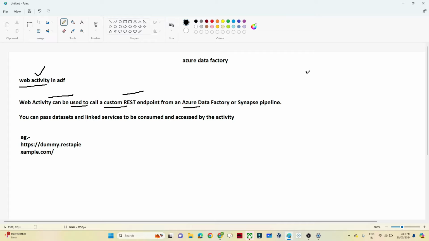So if you are dealing with a REST API and you want to call your data through it, then you can use a web activity for that. You can also pass the dataset and the linked service to be consumed and accessed by the activity. In the body part, generally you will get a JSON, and if you have to pass this JSON into the REST API, that is also possible